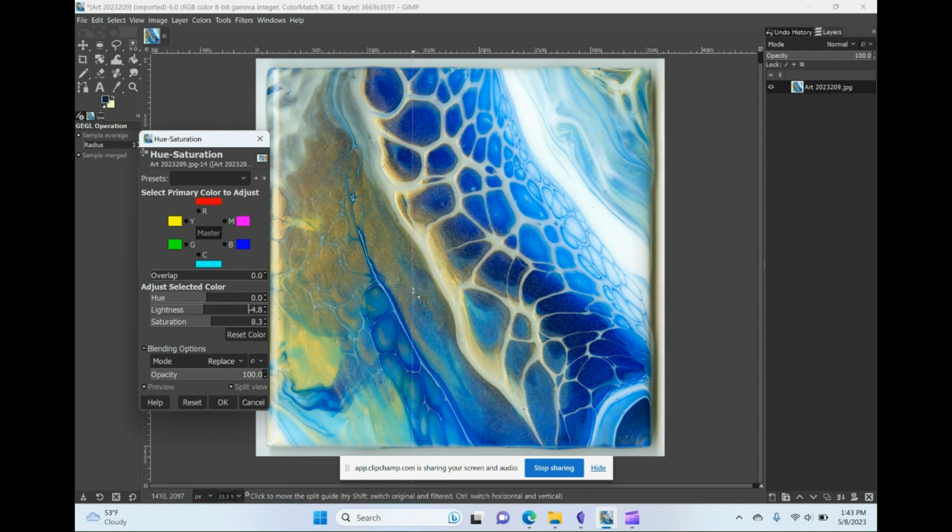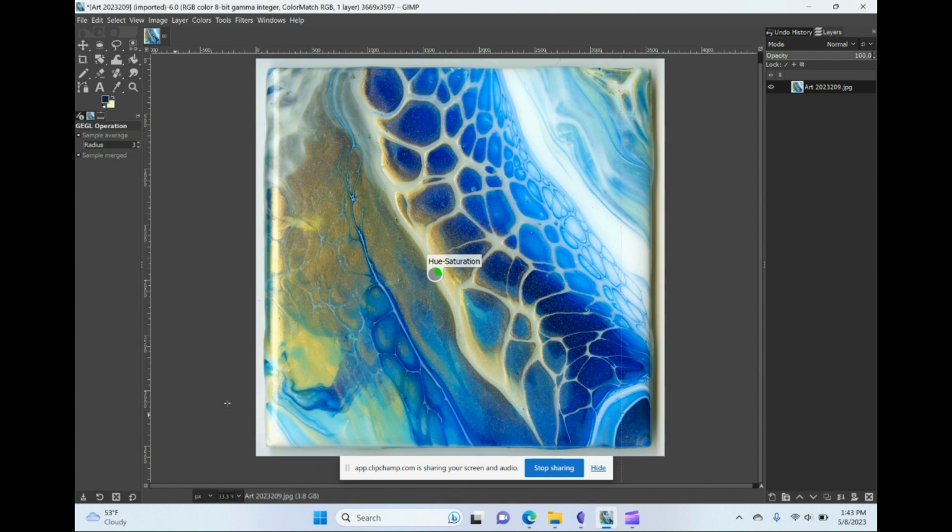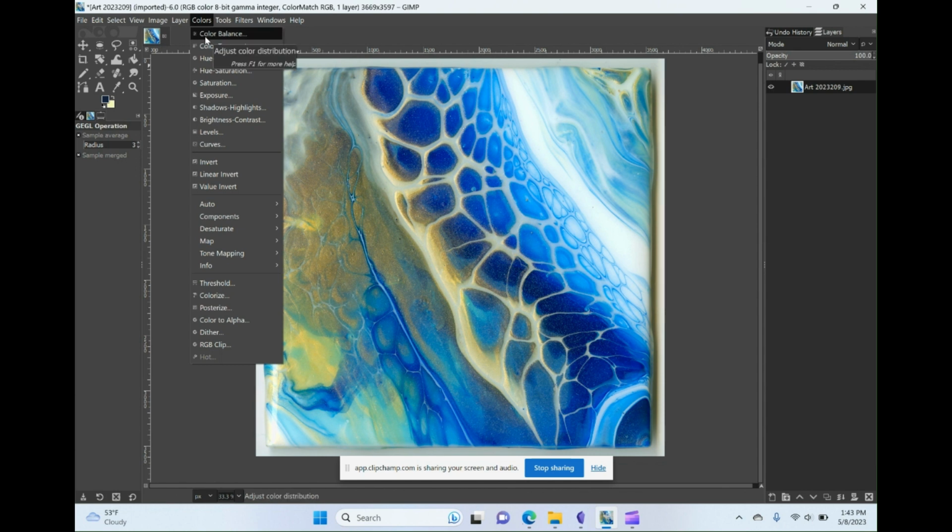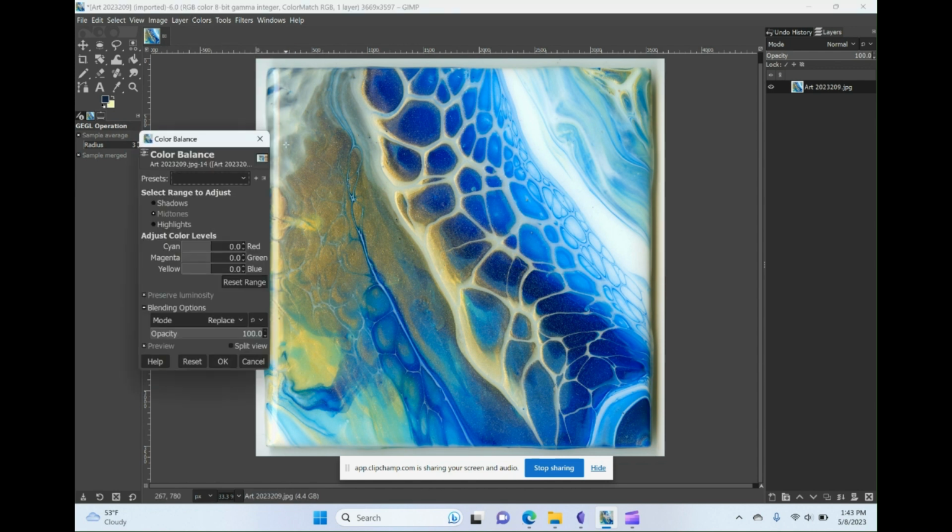I don't know that I like the effect that it's giving. I think a little bit is kind of nice. So let's press OK with that. And then I find that I don't tend to have to do this step if I have scanned the image, because the color, the lighting levels and the colors are pretty well controlled when you use a scan to get images. But if I'm using a camera, then I'll often have to do this more,